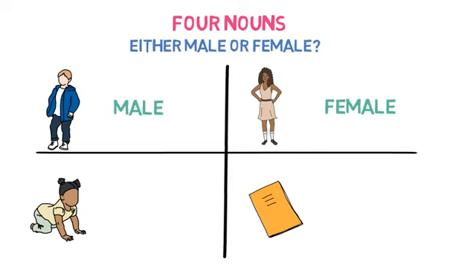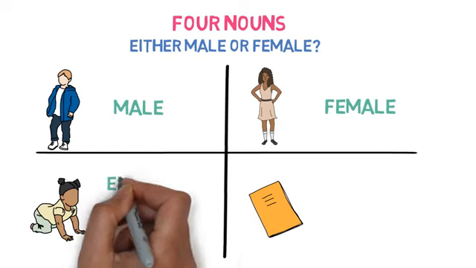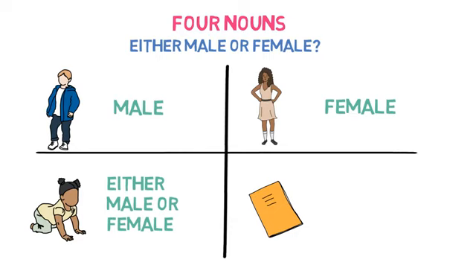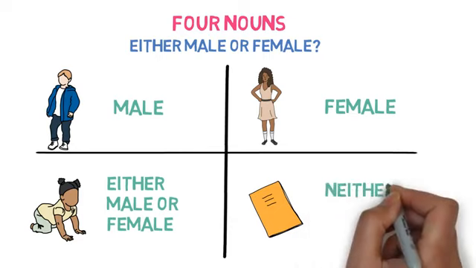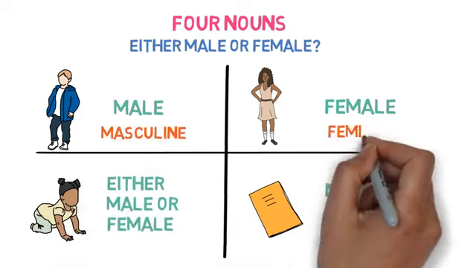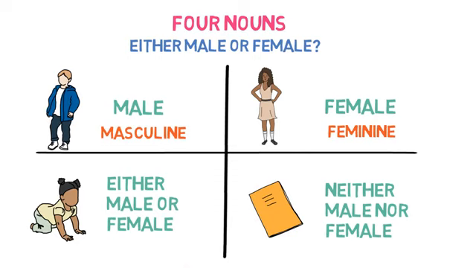It can be both, right? So it can be either a male or female. What about a book? Is it a male or female? It is neither a male nor a female. So, in this way, each of them is represented by a different gender. Boy comes under masculine gender, girl comes under feminine gender, baby comes under common gender, and the book comes under